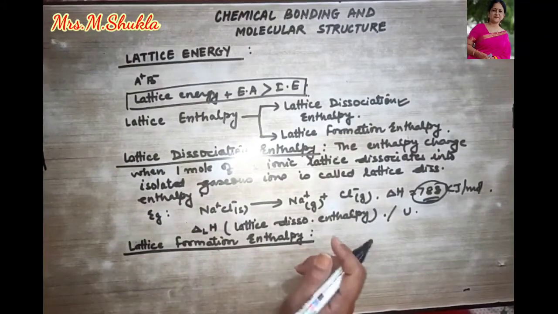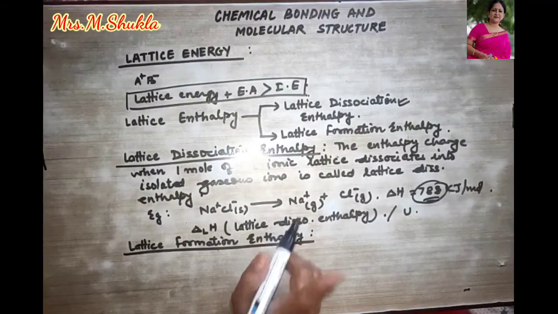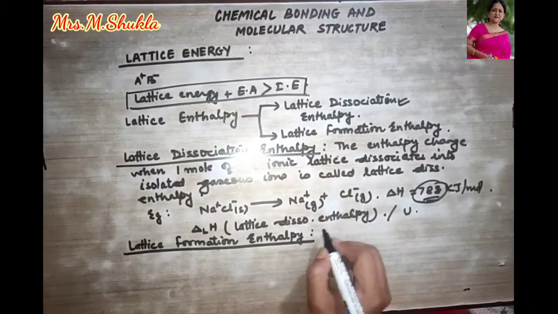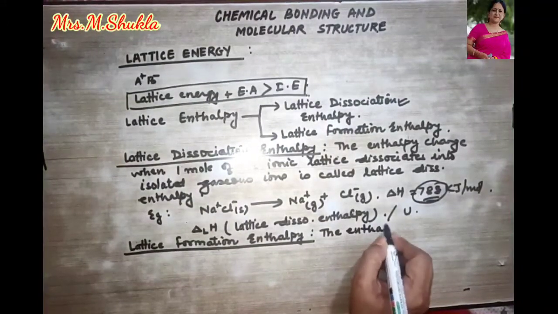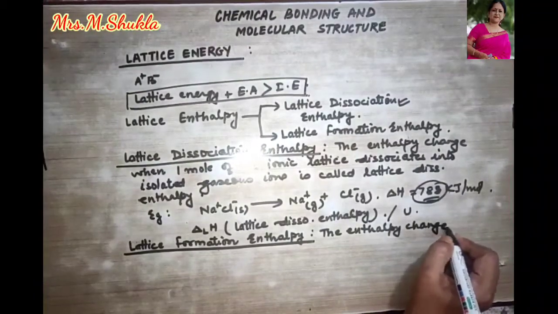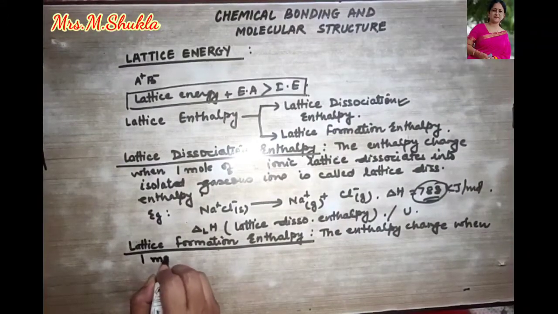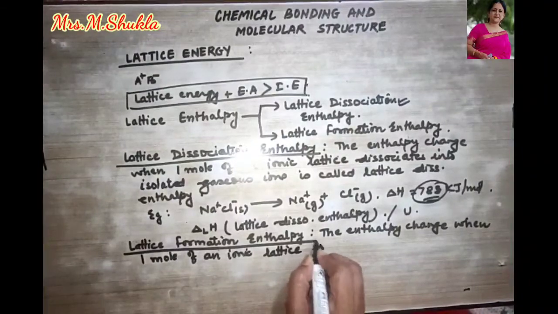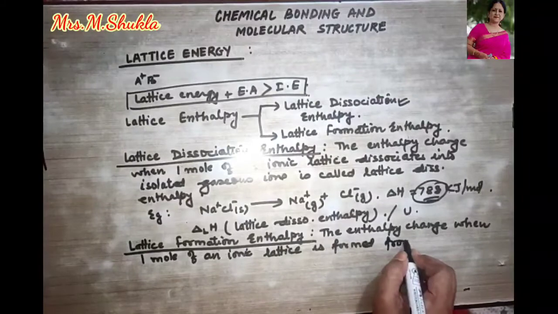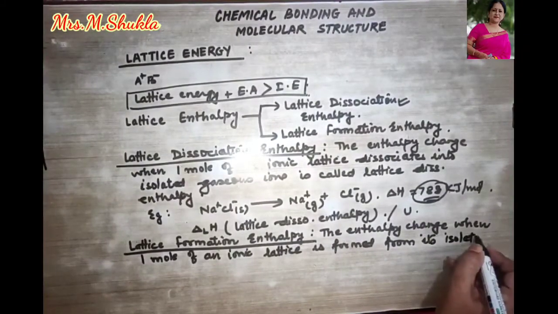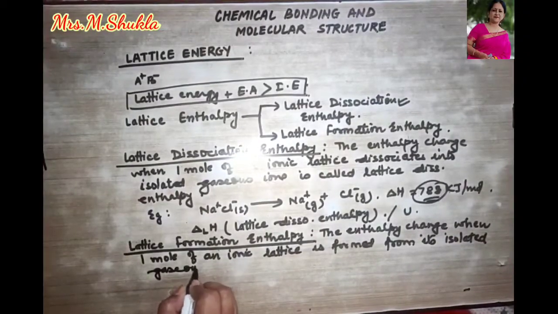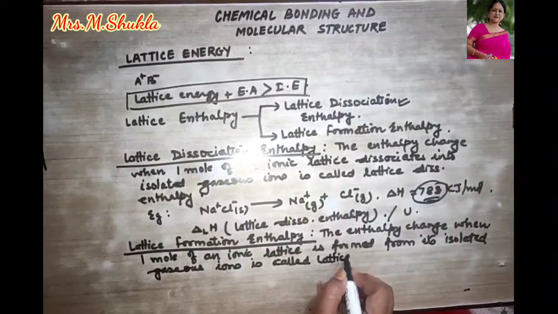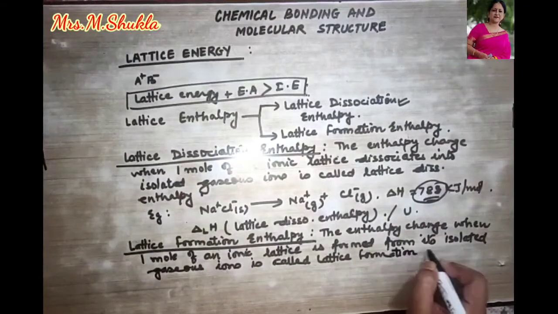How can we define lattice formation enthalpy? The enthalpy change when 1 mole of an ionic lattice is formed from its isolated gaseous ions. That is called lattice formation enthalpy. So I write it down over here. The enthalpy change when 1 mole of an ionic lattice is formed from its isolated gaseous ions is called lattice formation